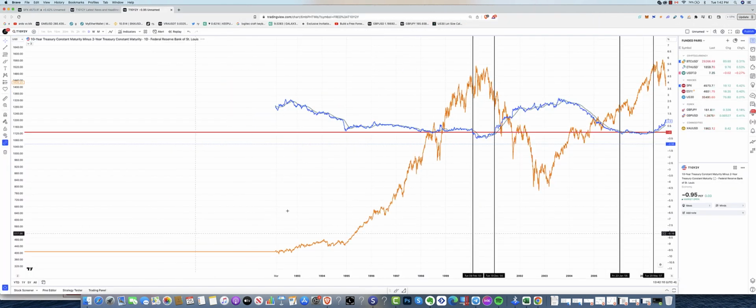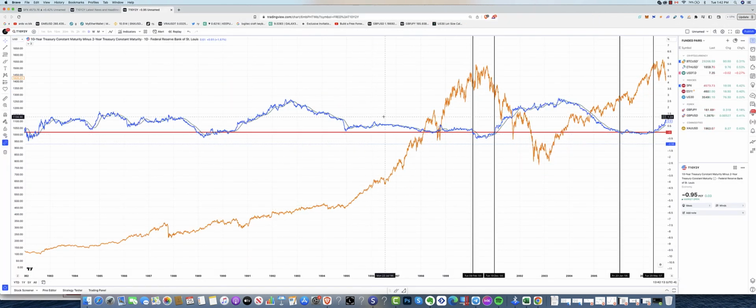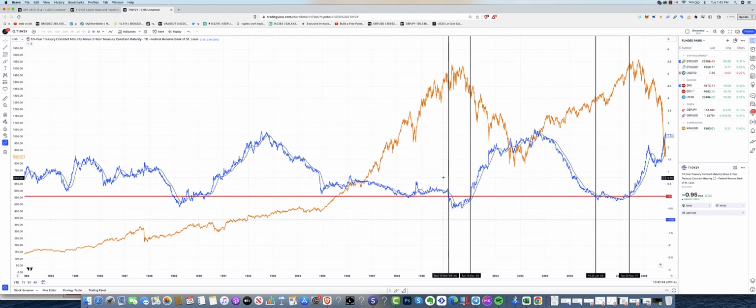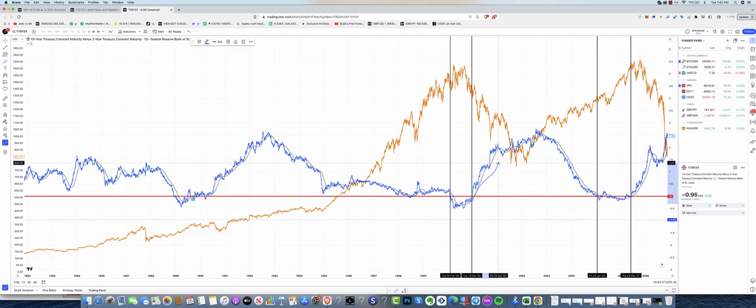So the S&P 500 is the orange and the yield curve is the blue, and this red line is for us to see when it inverts. So it's at 0, right? So you can see every time, and I've marked off these lines here, when the yield inverted. So this is when we had the inversion right here. And then after we came out of the yield inverting, you can see the price of the S&P stocks and everything went down. Well, not exponentially, but just had a massive bear market.